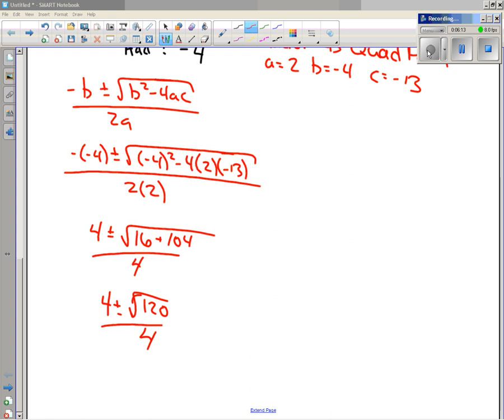Okay, so we can plug in our numbers. We can work it out. We get 4 plus or minus the square root of 120 over 4. Now, you could just plug this into your calculator and get a couple answers. I'm going to show you a couple other steps that you could take to make your numbers a little bit smaller. Okay. Now, what you could do at this stage is notice that 120,